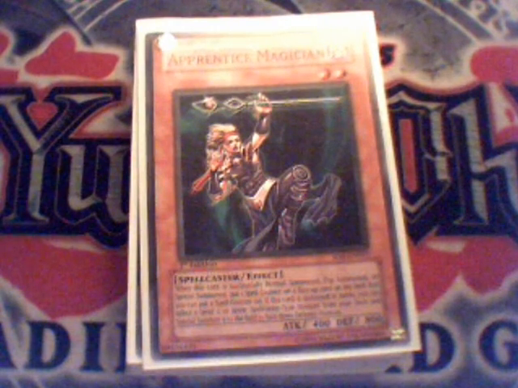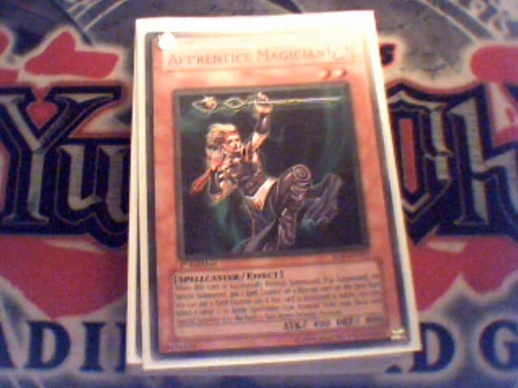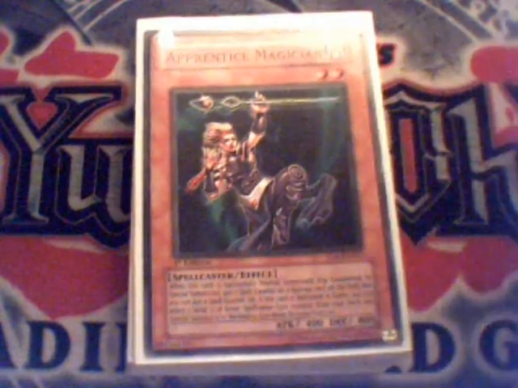2 Apprentice Magician. When it's successfully normal summoned, flipped or special summoned, place 1 spell counter on the face up monster that you can put a counter on. If it's destroyed by battle, you can select 1 level 2 or lower spellcaster type monster from your deck and special summon it to the field in face down defense position. So you can either special summon the Knight's End Sorcerer, or you can special summon the next 2 cards,